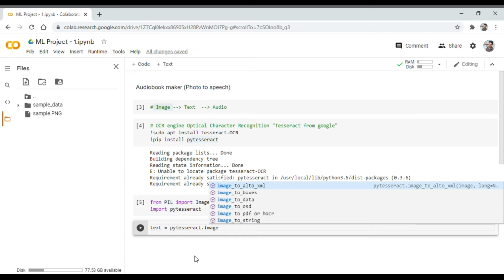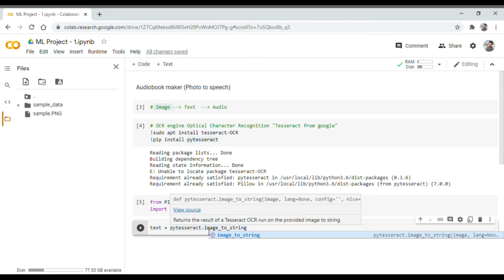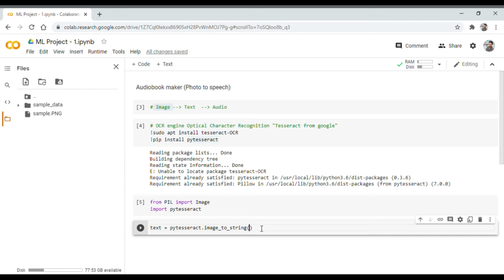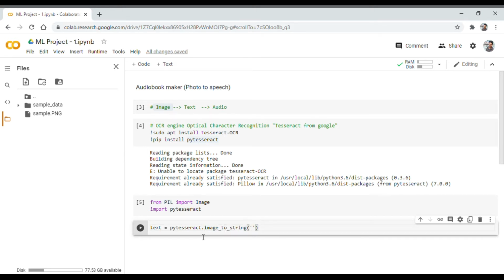We are converting from image to string, and what we want to convert is sample.png, this image. So we write the same name over here, sample.png. Now this is done.